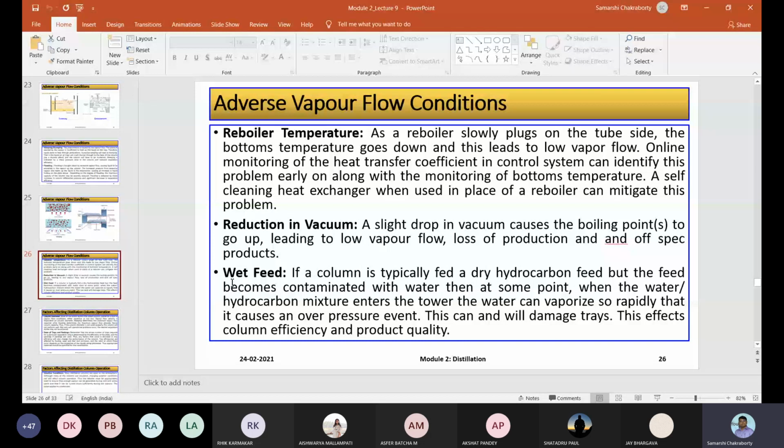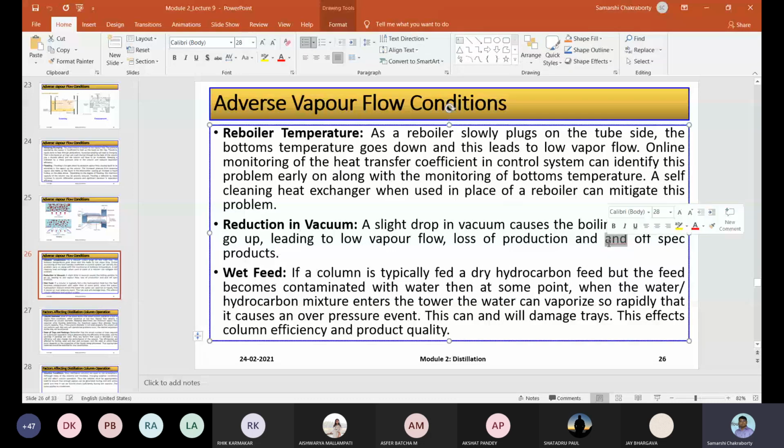So in order to prevent that, we have to lower the pressure so that my boiling point also goes down. If some leakage has taken place, a slight drop in the vacuum causes the boiling point to go up, leading to low vapor flow, loss in production, and off-spec products. Off-spec means that, as per the specification, you won't be able to produce your petroleum fractions